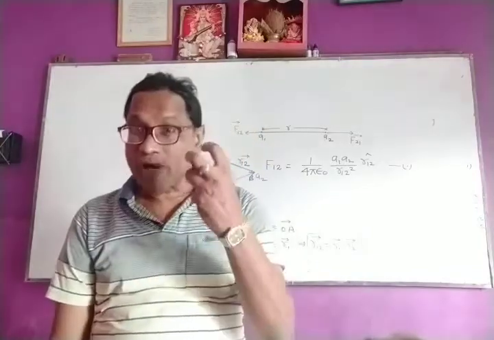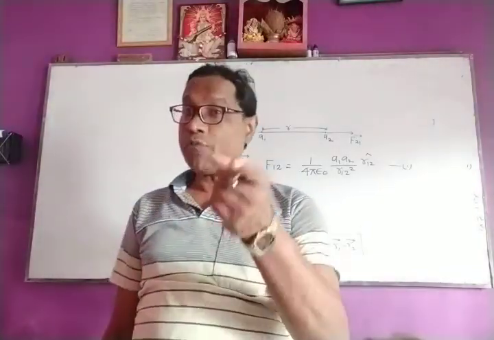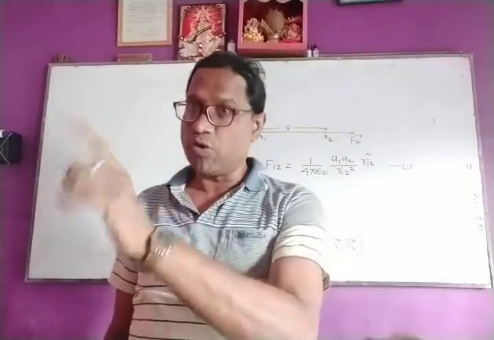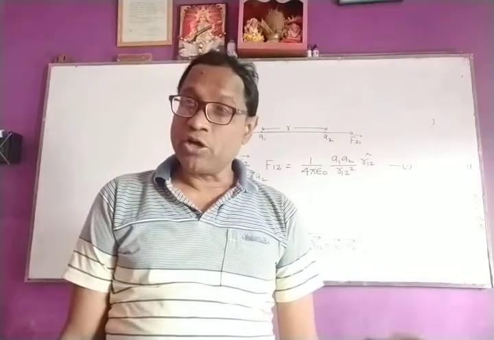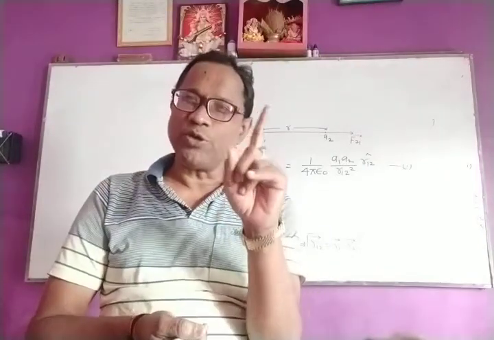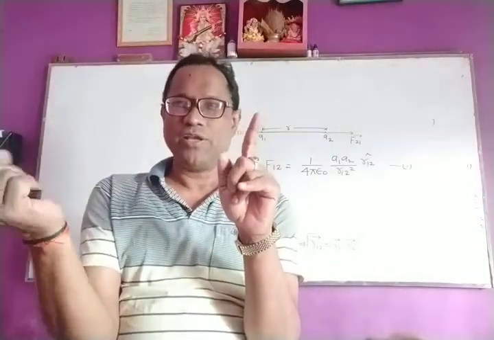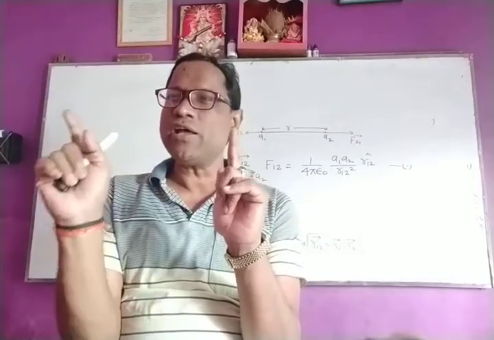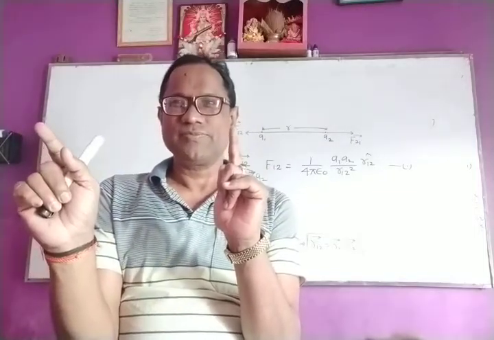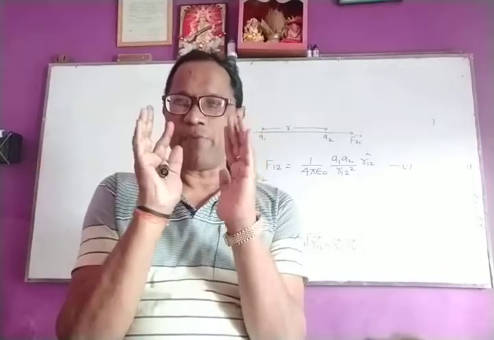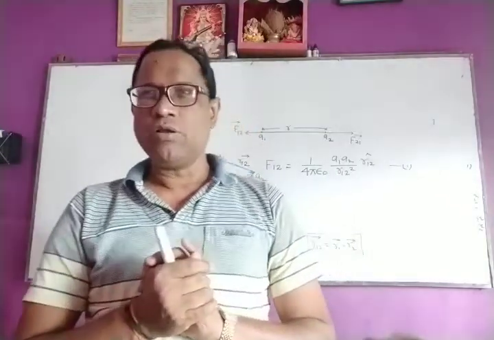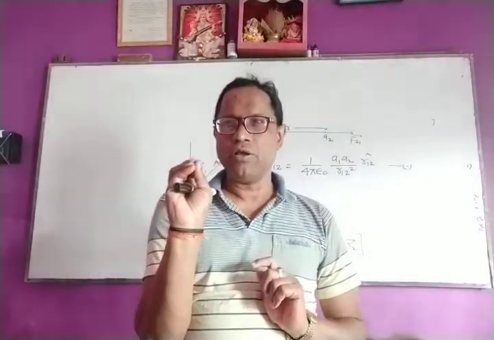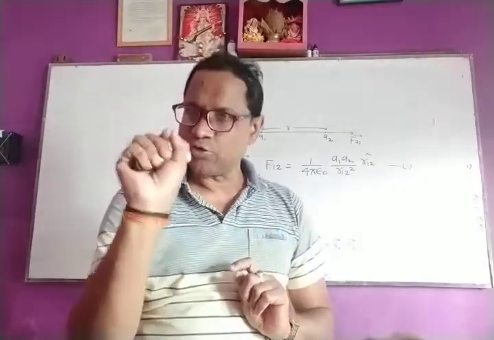What is the physical meaning of R21? Position of Q2 with respect to Q1. Clear? What is the meaning of R23? Position of Q2 with respect to Q3. Q2 is the actual body, Q3 is the referred body. Clear? But we have to find the position of any actual body, so the position of the referred body meets the actual body.